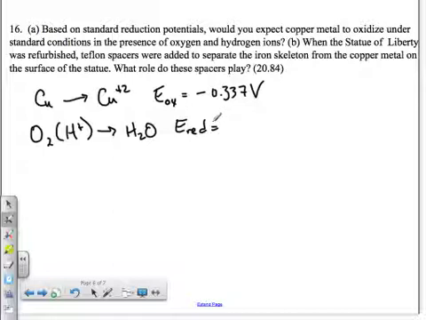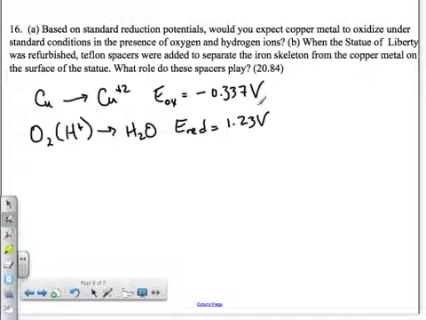positive 1.23. Did I look at the right one? All right, I'm looking. Yes. 1.23 volts. All right. Don't get confused by, let's see, there's oxygen going to peroxide. We're not doing that. We're not using ozone, O3, and we're not basic, so we're using the 1.23 reduction potential